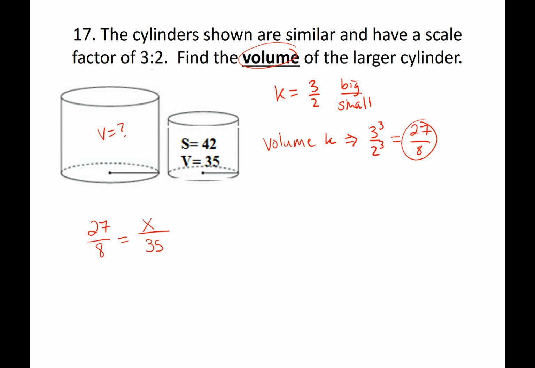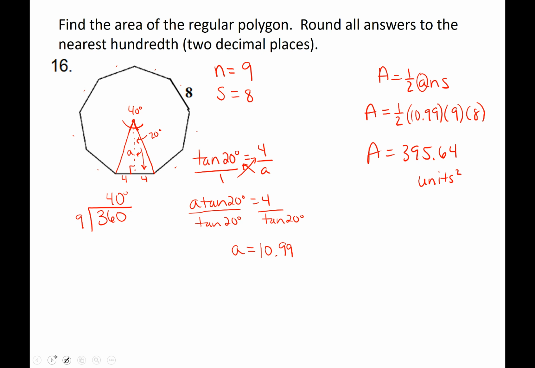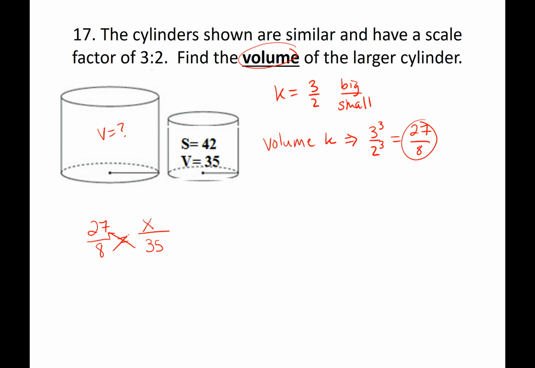So 35 times 27 is 945 equals 8x. And then divide both sides by 8, and I get x equals 118 point, again rounding to probably